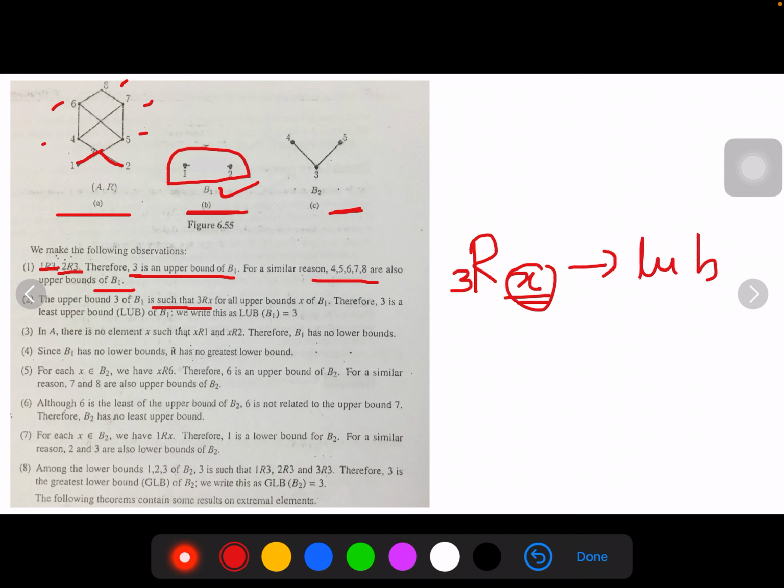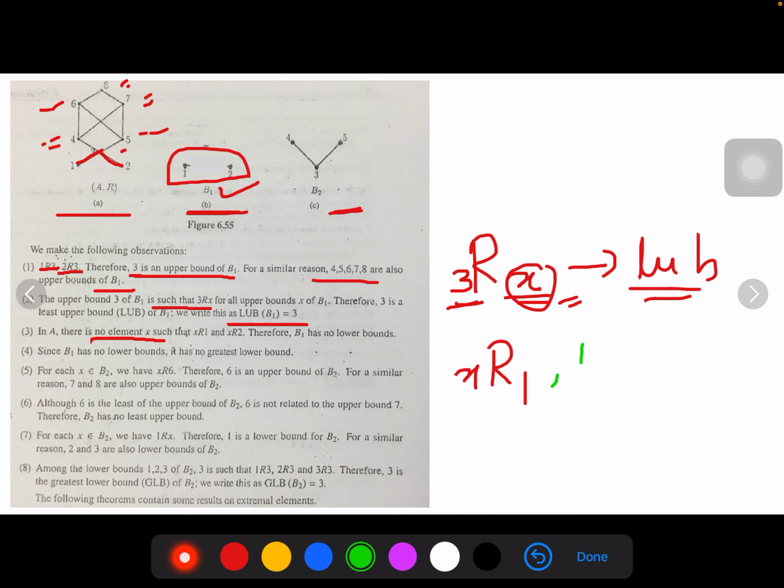What is x here? x is 3, 4, 5, 6, 7, 8. All come here. Among all of them, 3 is the least one. So the least upper bound, LUB of B1, is 3. Next, in A, there is no element x satisfying the condition x related to 1